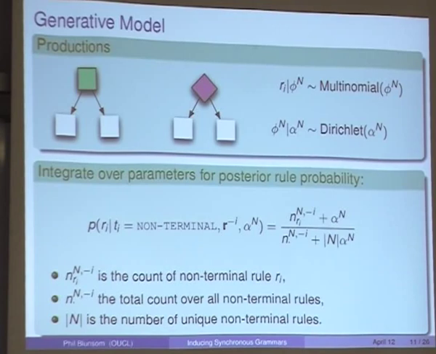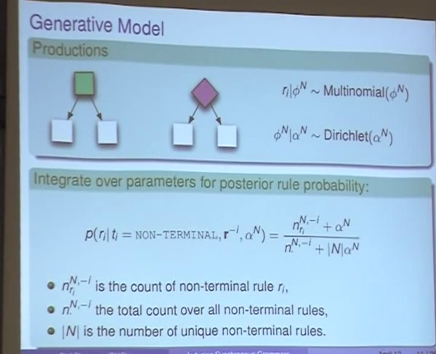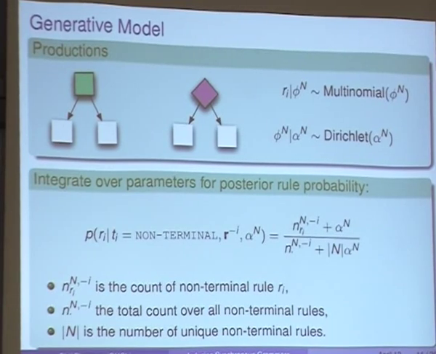And what we're going to do is we need a prior distribution. In the Bayesian statistics sense, we put a prior on the parameters of this multinomial. And the most popular way of doing this is using something called the Dirichlet distribution. That has some nice statistical properties that are useful. In particular, they're useful because we can integrate out the parameters of these distributions and just be left with this statement here. And this looks very similar to statements that Trevor was using in the previous models.